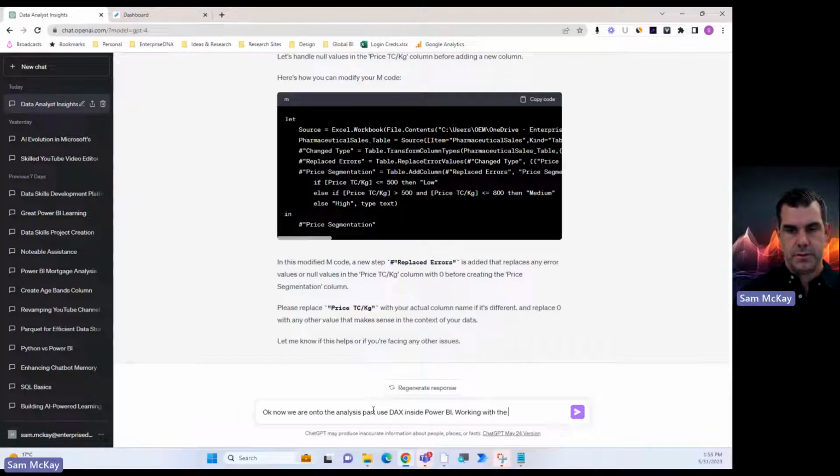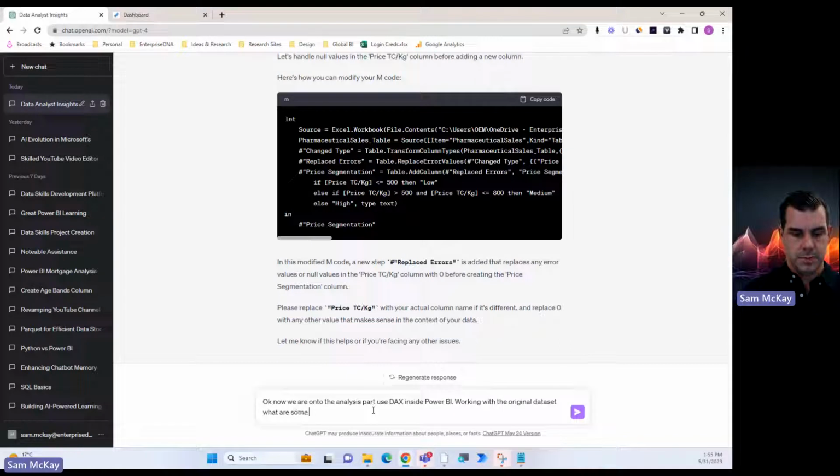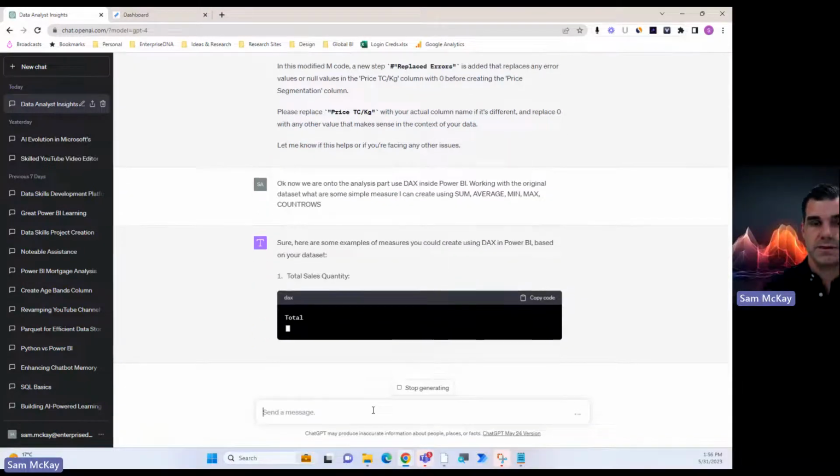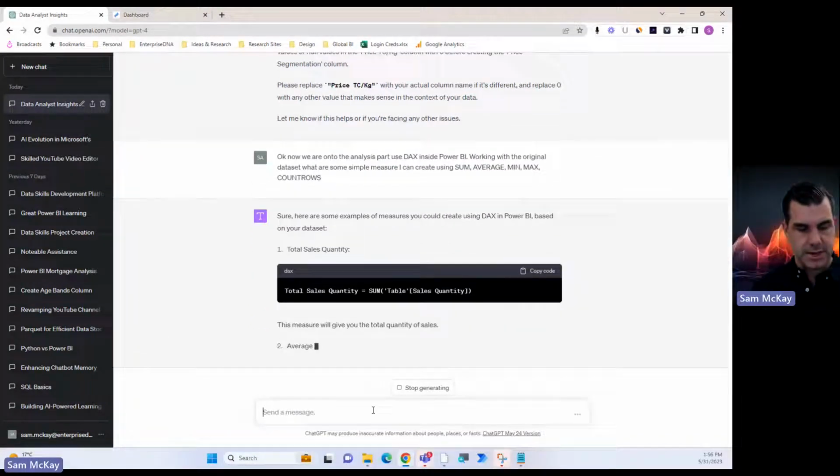Working with the original data set, what are some simple measures I can create using sum, average, min, max, count rows. Okay, so these are all our core calculations. We can get onto the iterating functions soon as well, but you see here that a DAX box comes up.